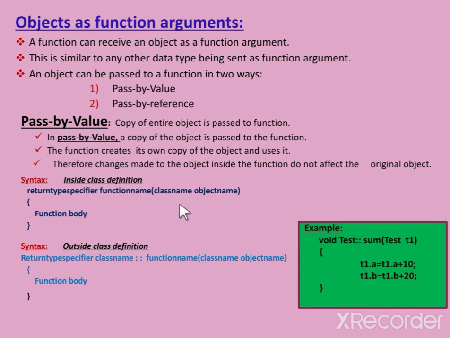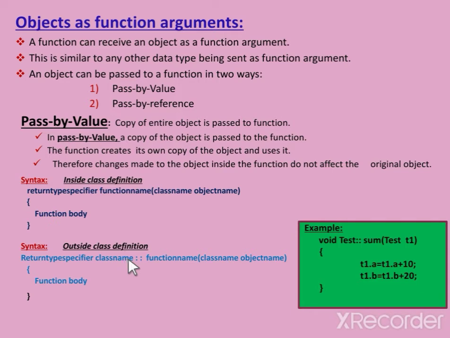See the syntax. First, inside the class definition, this is the syntax, and outside the class definition, this is the syntax. Inside the class definition: return type specifier, function name, with the class name and object name. Pass by value means a copy of the object is passed to the function object and the body of the function.